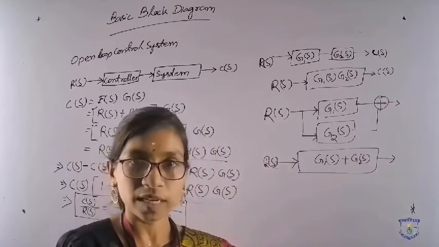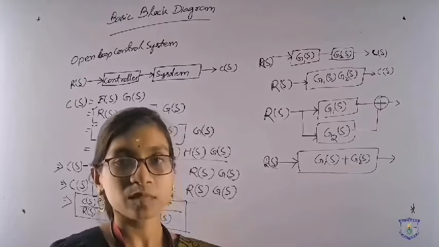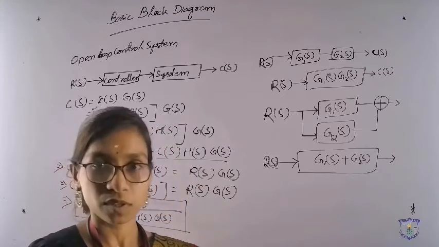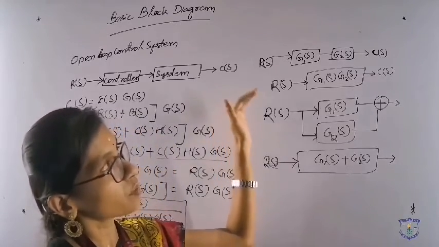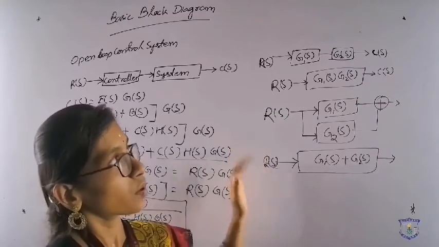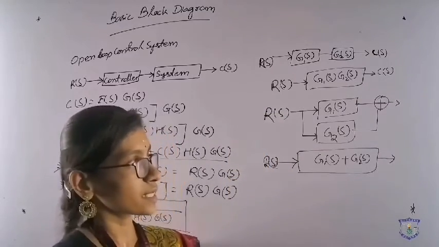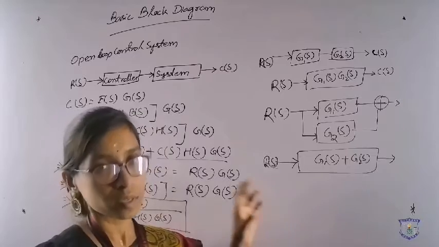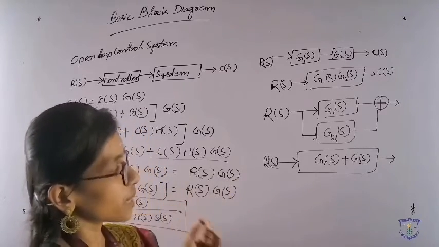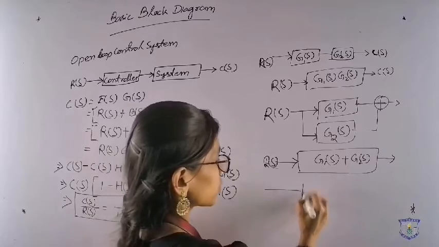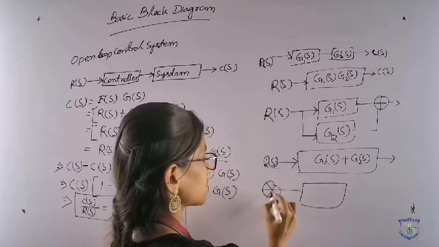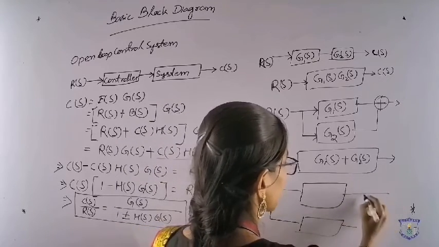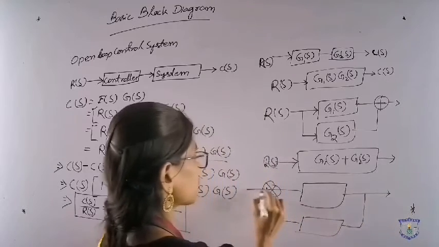So these are the methods we can apply to reduce a complex block diagram into a simple block diagram. Whenever we need to find the transfer function of a complex block diagram, we have to reduce the blocks step by step, rearranging which are connected in parallel and which are connected in series. By reducing those blocks, I can make it into a simple closed loop or open loop control system. If I make it in the form of this simple closed loop control system which I have just derived, I can find the overall transfer function of the block.